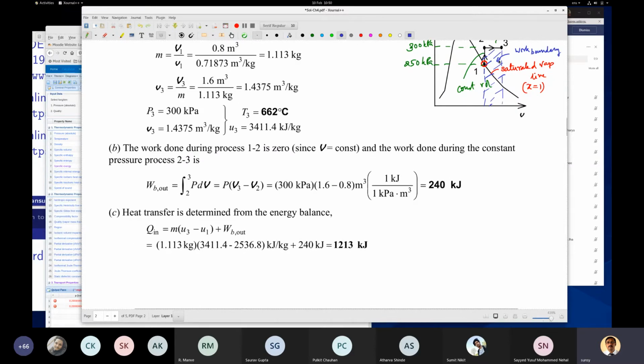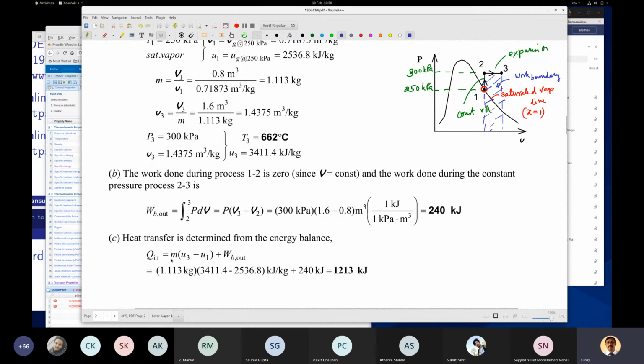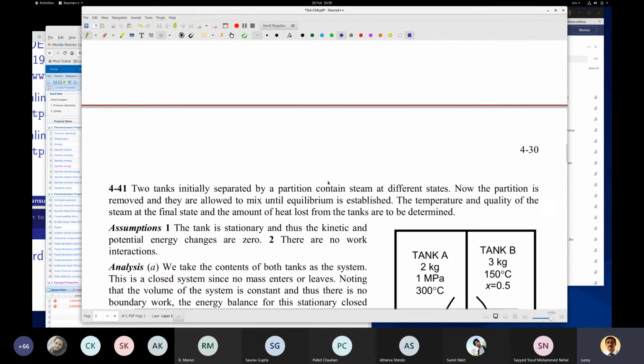So the states are known. 1 and 3 are known, so you know the change in state. This gives you the delta energy, and this gives the work. So you know the change in energy and the work. Mass is also known, and the change in specific internal energy is known. So you can find out the heat transfer that is required, right? The only thing is that you have to look up the tables. This table is not that good, or you can do it slowly, of course, but the tables are available. The properties are available.